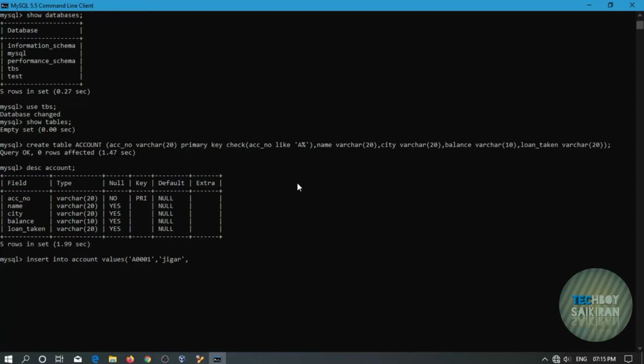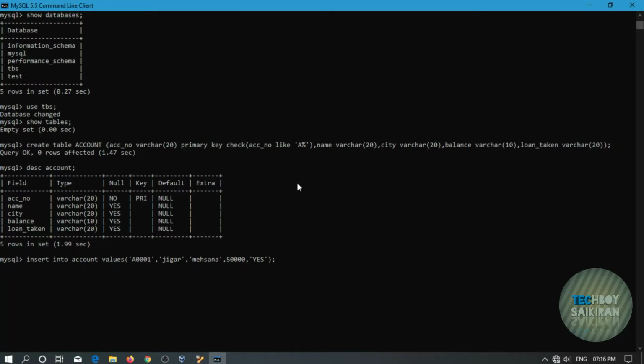For example, let's type Mehsana. It's the name of a city, and the balance amount he has in his account is 50,000. And a loan taken, yes, that means he has taken the loan.